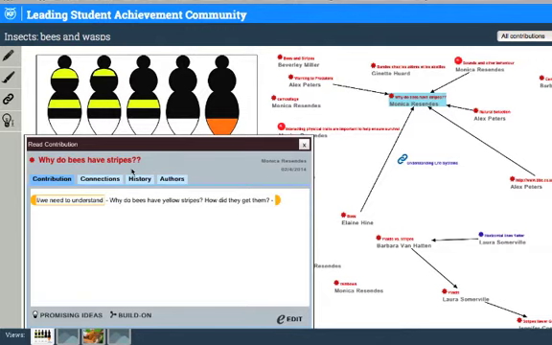By default, a note opens up to the Contribution tab. This tab displays the content of a note. The other three tabs can give me a little bit more information about this particular contribution and its role in the group dialog. For instance, if I click on the Connections tab,